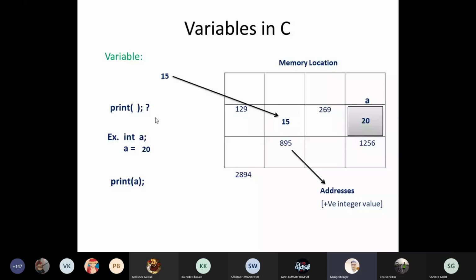So here I want to access the value. You don't need to access that value, you need to access the identifier. You must access the identifier. Here print a means after calling identifier a, the output will be 20. The output will be 20. So that is the important role of variable in the C programming language.